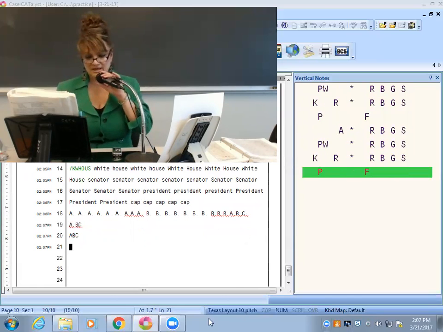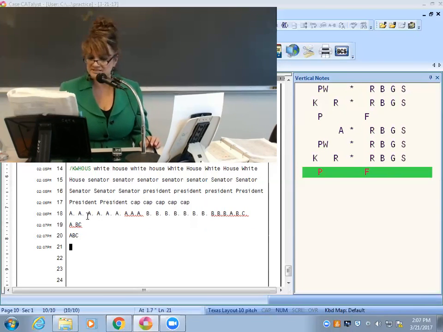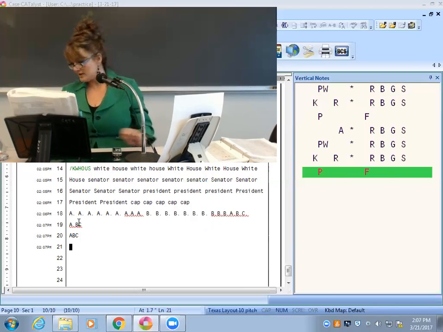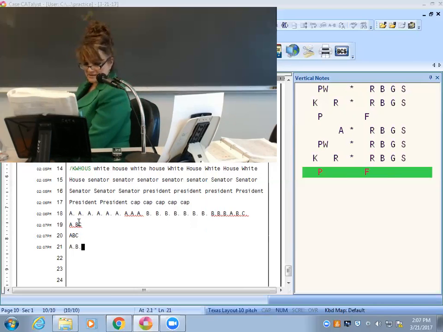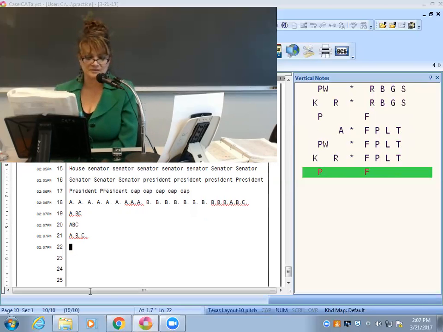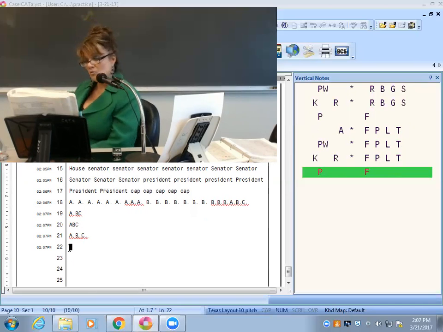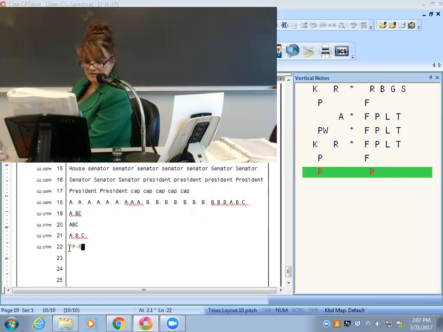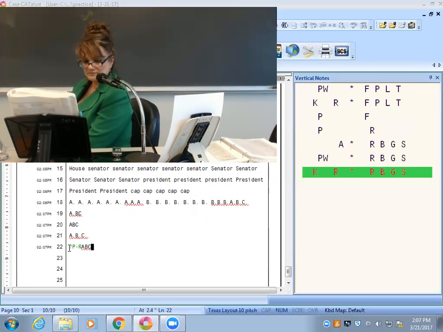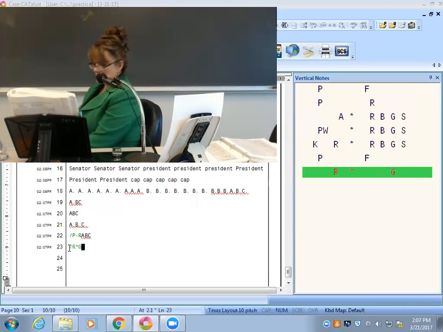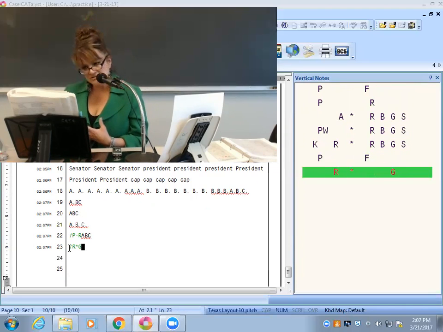So notice that ABC over here has no periods because I used RBGS. FPLT gives you the periods, okay? ABC with periods, A, B, C. So I'm putting in the period because it makes sense that a period will give you a period. If I don't want any, ABC is going to be A with the comma, B with the comma, C with the comma, okay? Let me see. So make sure that you know when you put the asterisk in, it attaches it. When you put the period in, it gives you periods. When you put the comma in, it doesn't give you periods. It just gives you the letters together.